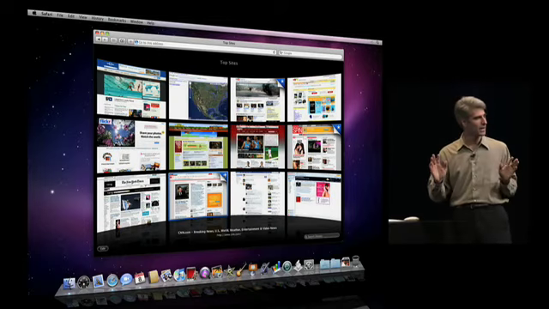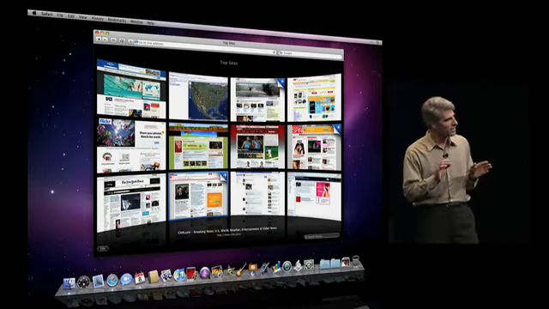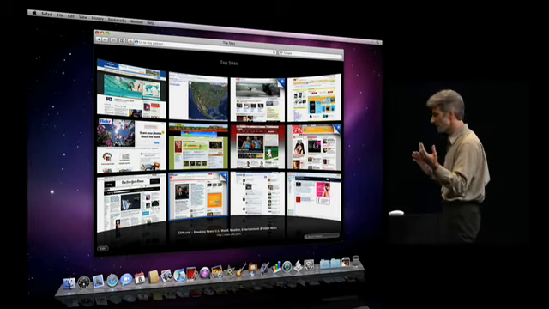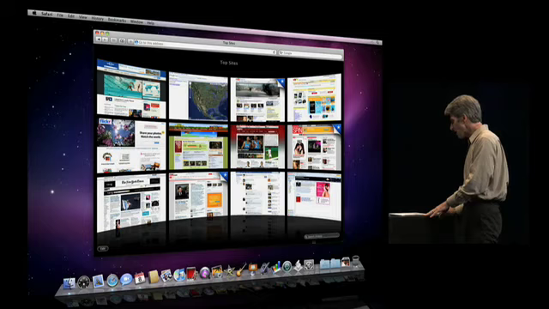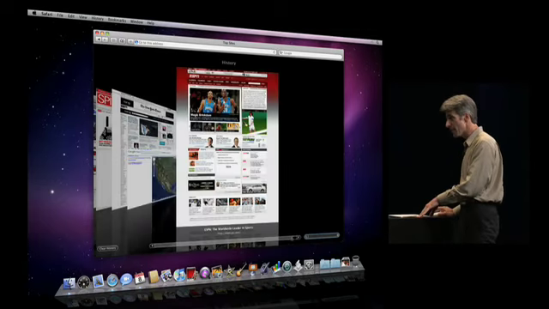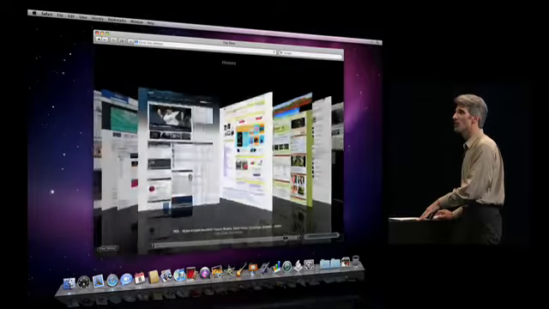The final really great area of Safari I'd like to cover is full history search. So if I want to go back and find a site that I visited recently, I just click in the search history filter in the lower right, and I get a cover flow view across my